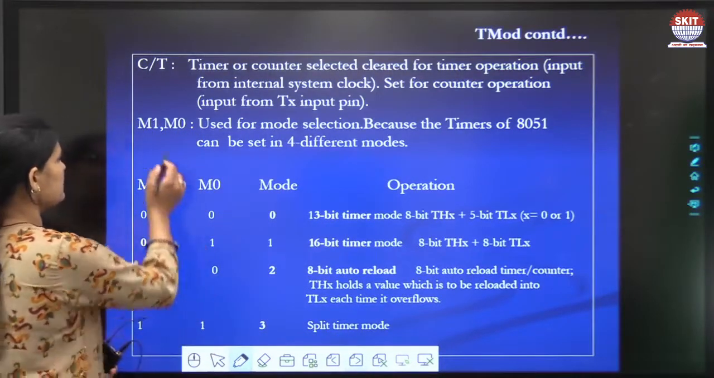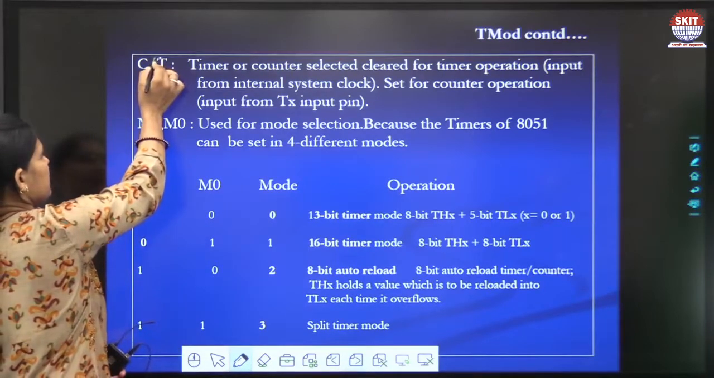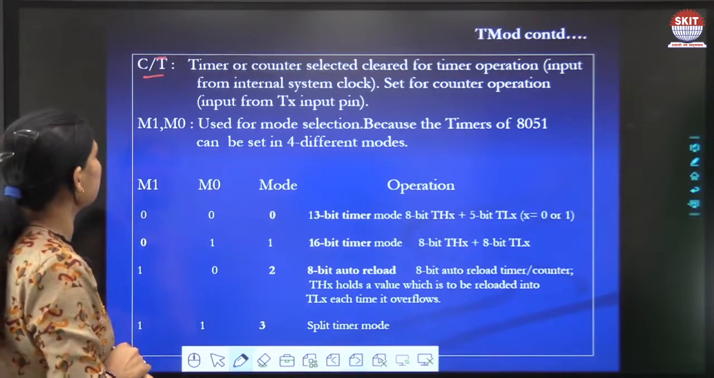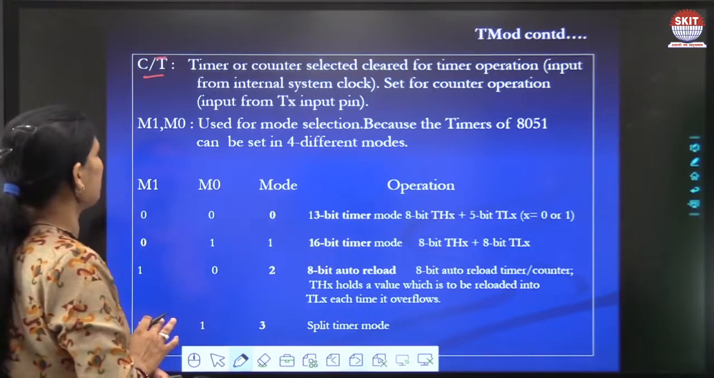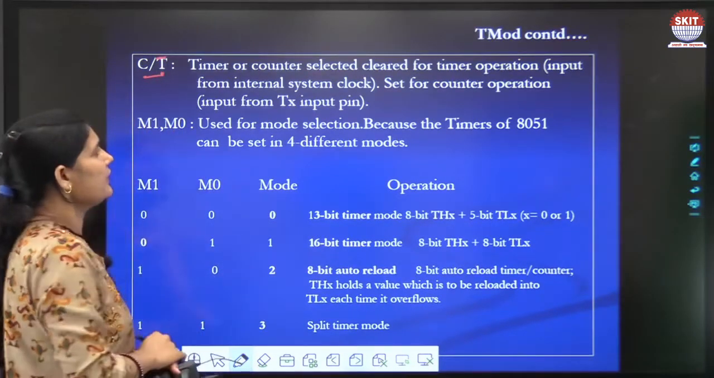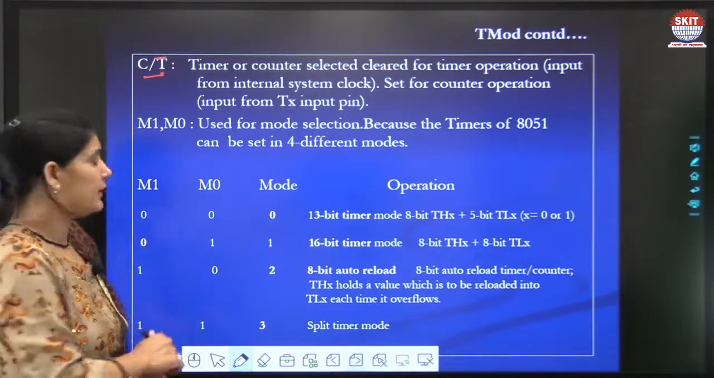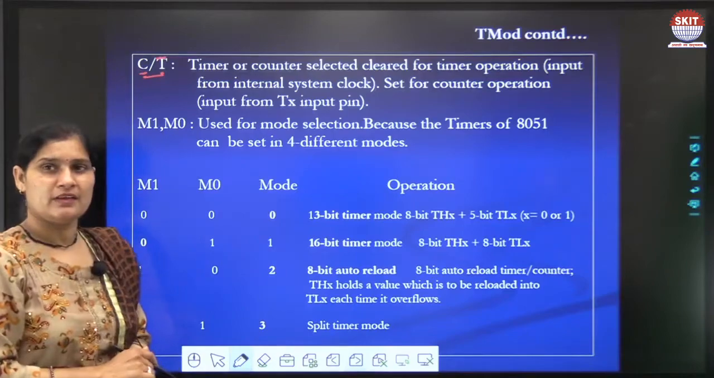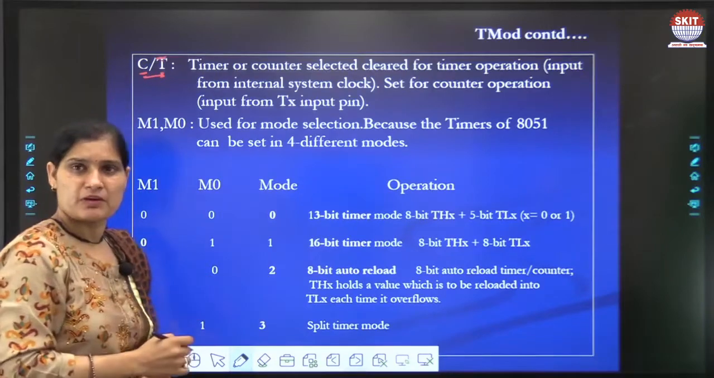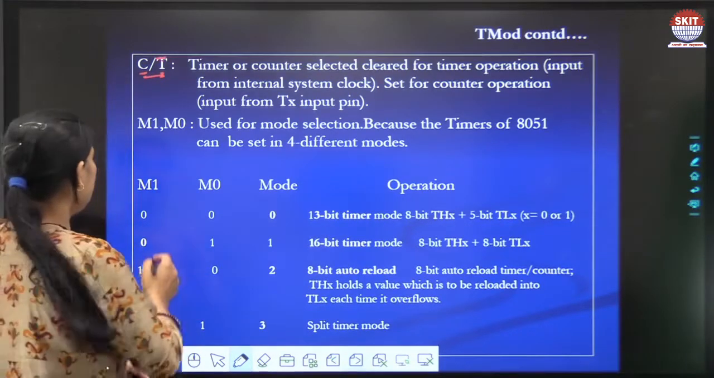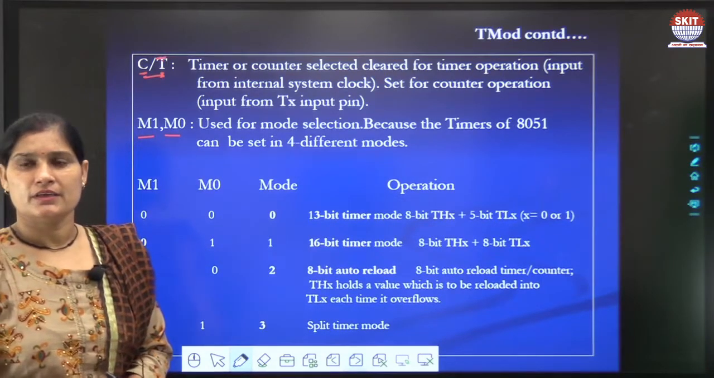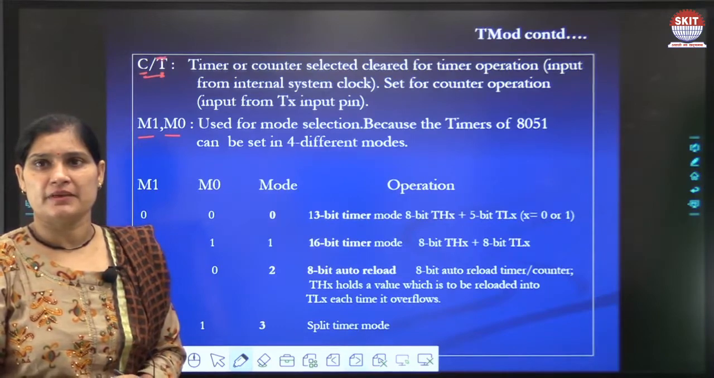The next bit is C/T bar, an active low signal. It selects timer or counter: set for counter operation and reset for timer operation. Here the counter is active high, so set for counter operation, and T bar is active low, so reset for timer operation. M1 and M0 are the mode selection bits. The timer of 8051 can be operated